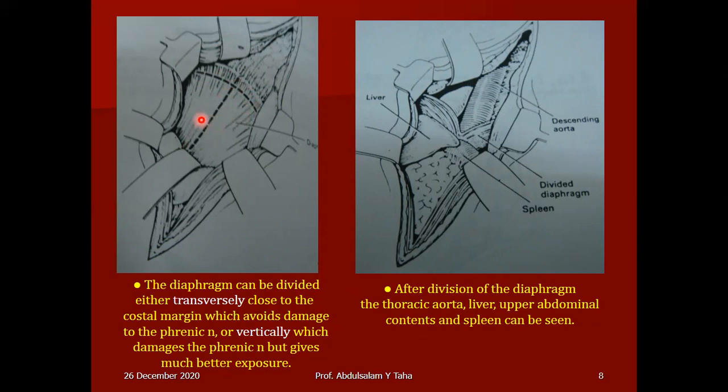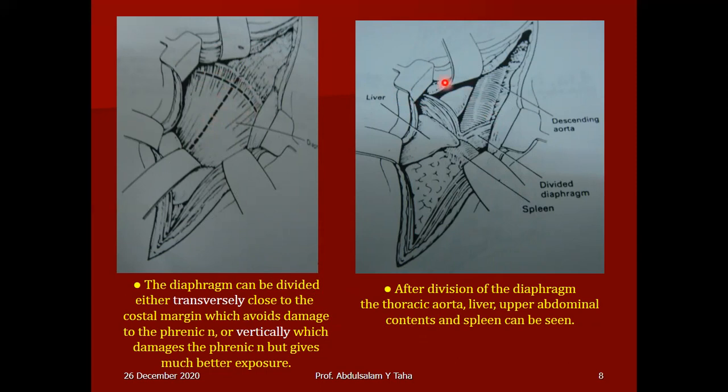This incision definitely will injure the branches of the phrenic nerve, and therefore at the end of the procedure we end with phrenic nerve paralysis and elevation of the diaphragm on the side of the operation, but it gives us a very good exposure. So if we look at this picture,